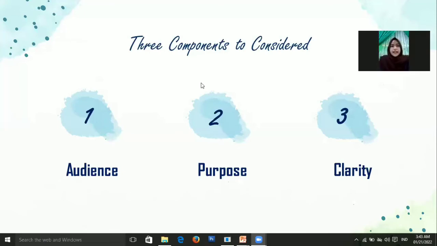Okay, the second is purpose. You should always consider why you are writing. There are three points to consider for your purpose: what information needs to be communicated, what important question needs to be answered, and what vocabulary and verbs I can use to get my point across. If you already know about it, it will make you focus on the writing and have a direction.